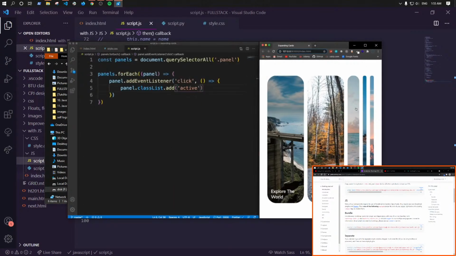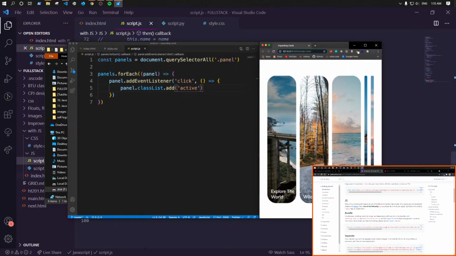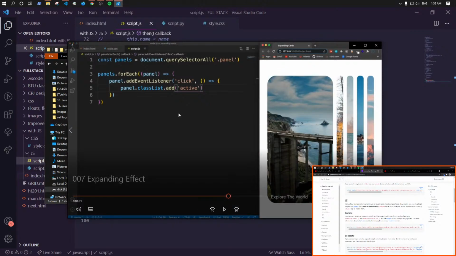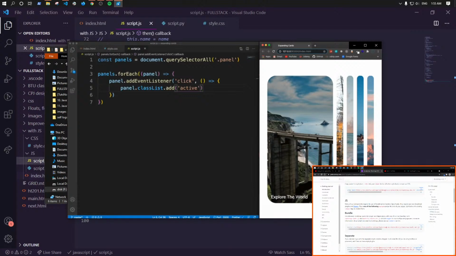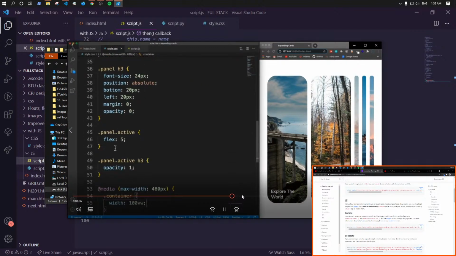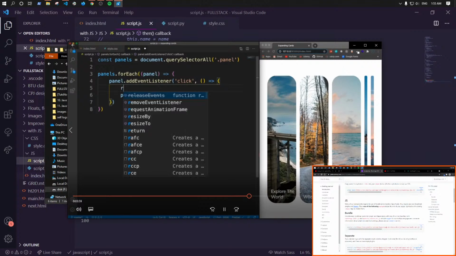If I click on this one, same thing. I'm going to add a class of active. If I click on this one, it gets added the class of active, which then changes it. So I'm going to have a function